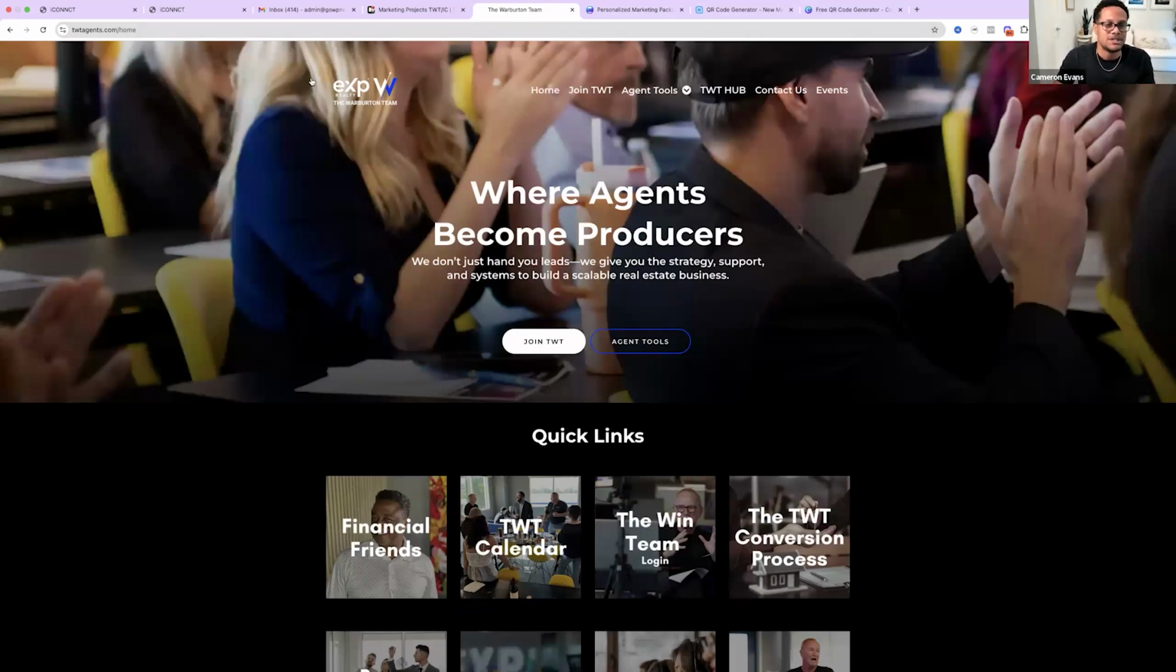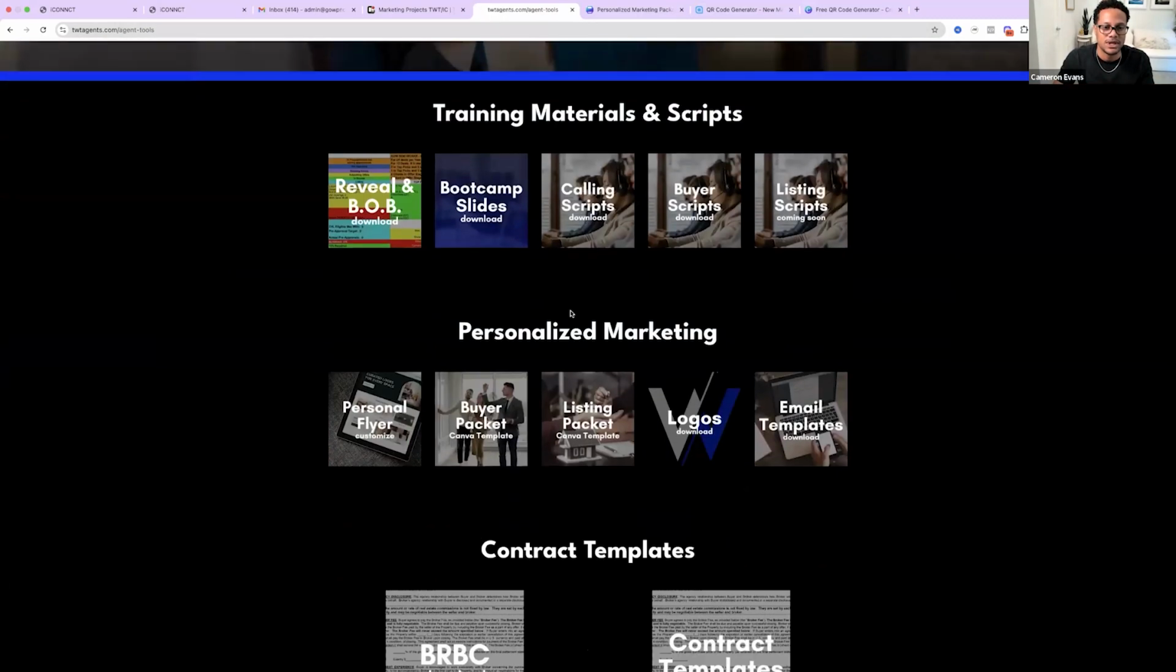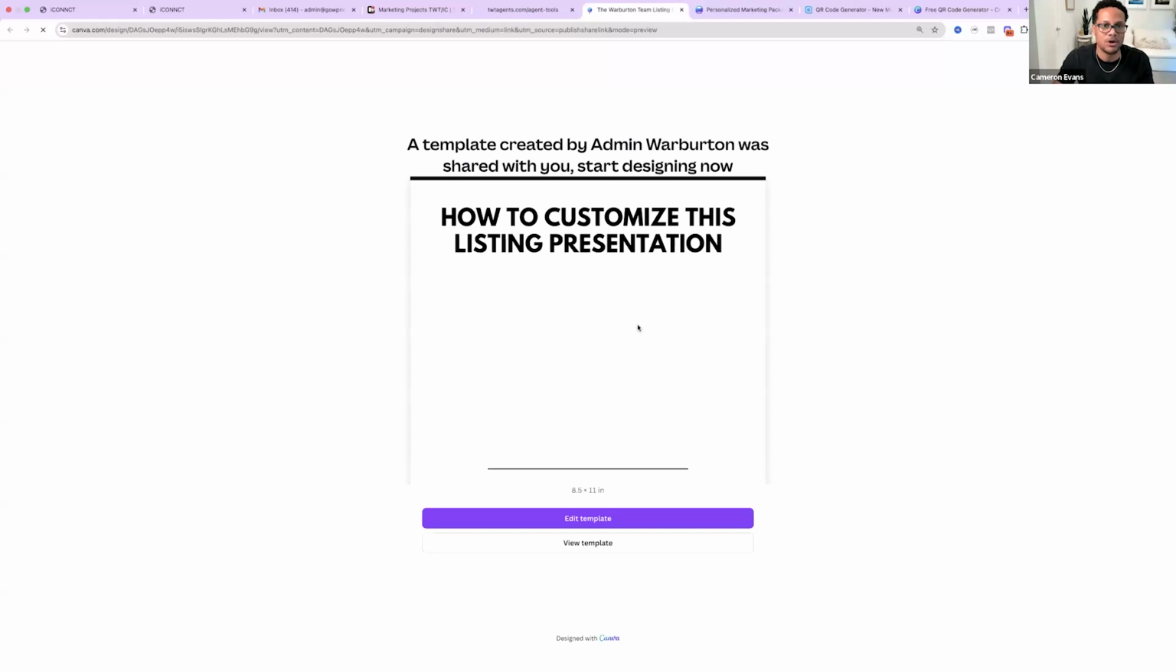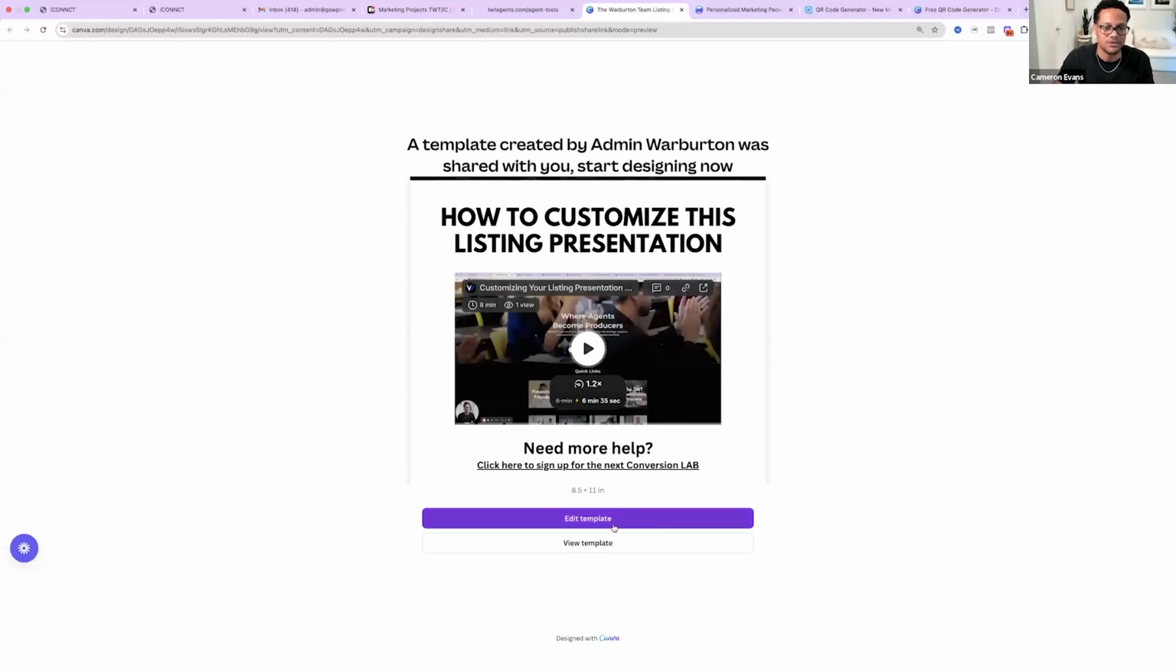So I'm going to go to twtagents.com, and then I'm going to hover over agent tools, and you can either click on listing packet right here on the drop down menu, or click on agent tools and then go down to personalized marketing and then listing packet. As soon as you click listing packet, it's going to open that up again, and it's going to ask you if you want to use this template, and then you're going to say yes. And then once you edit template,